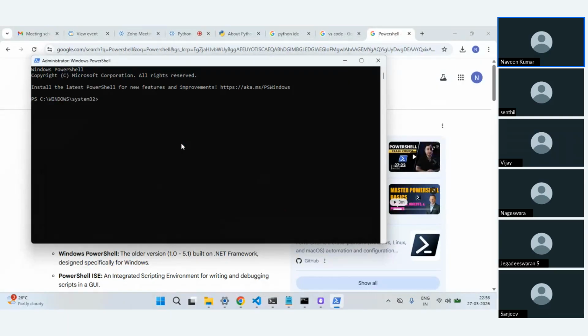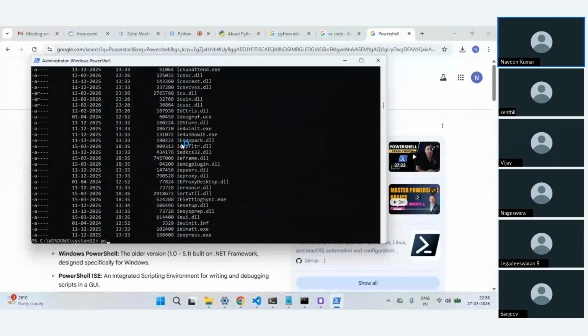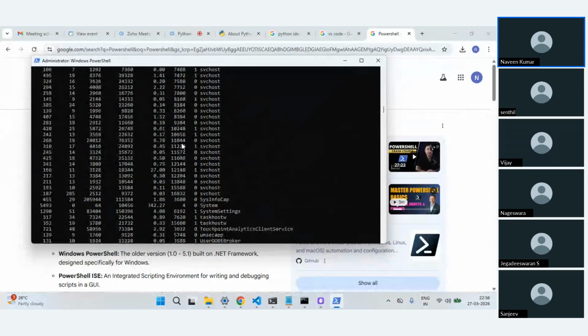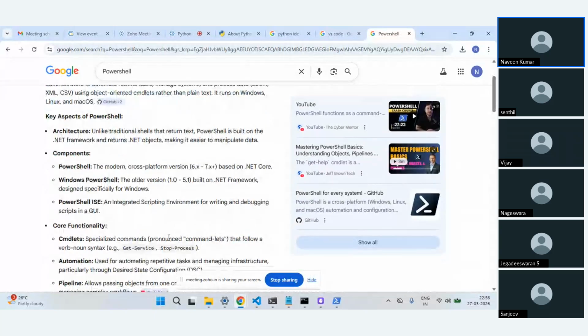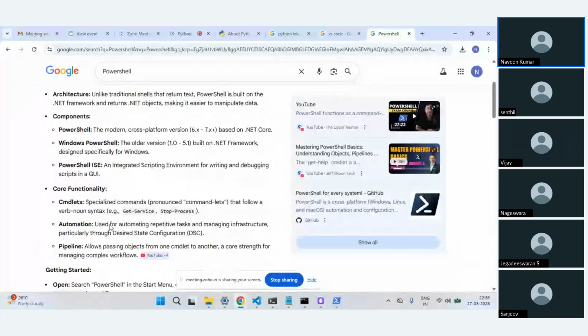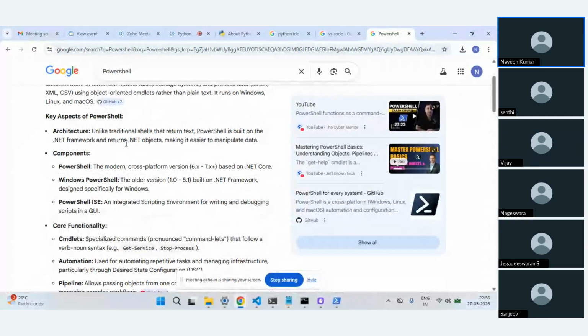If you are someone from the Linux background, you do ls. Ls works here. I can do ps. Ps also works here. This is like a cross-platform tool again, which is used mostly on the automation side. And if you are building any pipelines, all those things, you can use PowerShell. Mostly if you are with Azure native, or if you're more on the Windows ecosystem, this is something which people frequently use for the automation work.